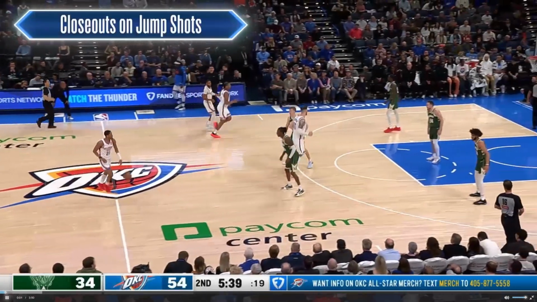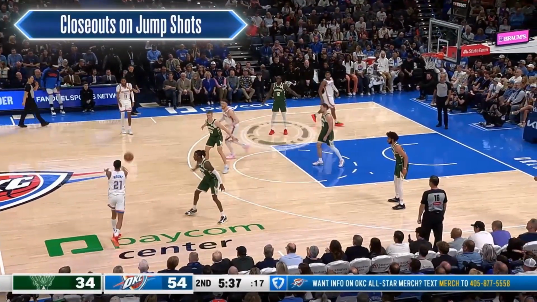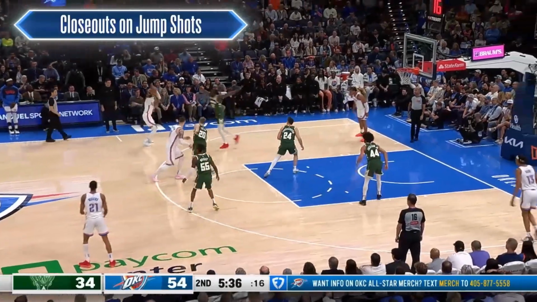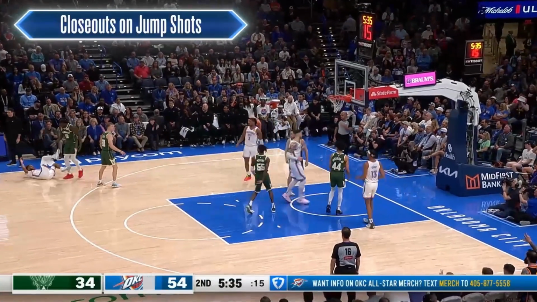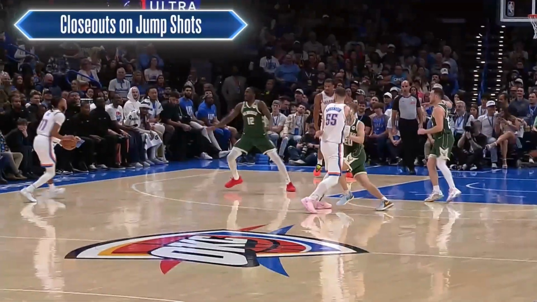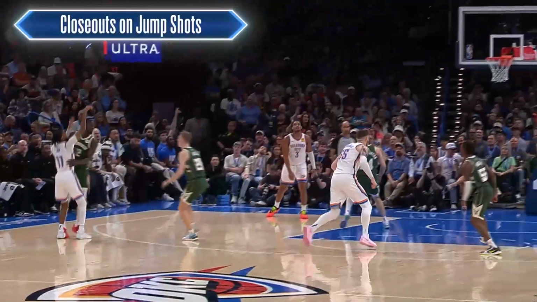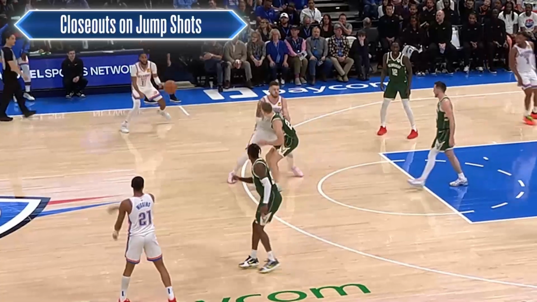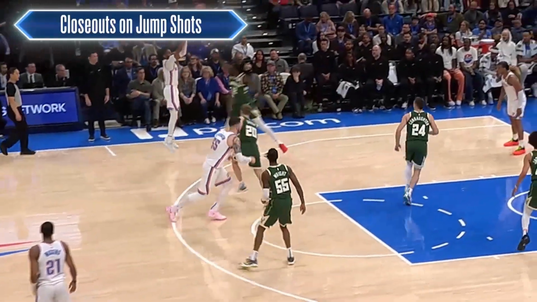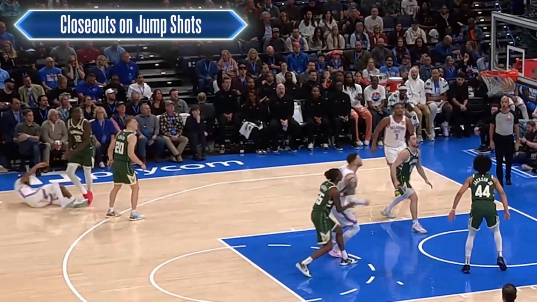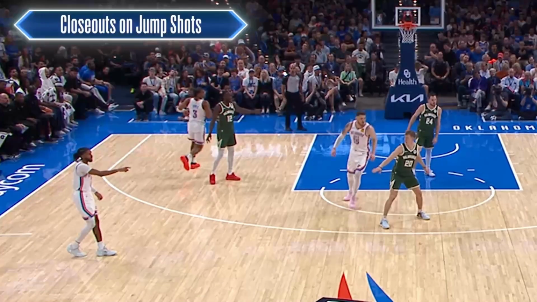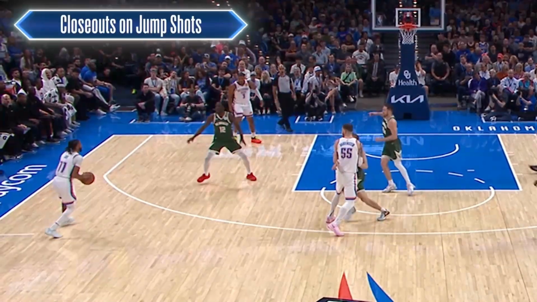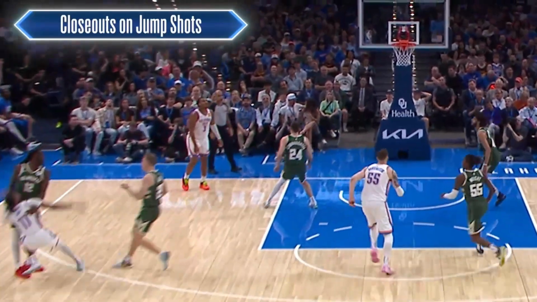The next point of education to review is closeouts on jump shots, and we will start with an example of a flagrant foul. The highlighted defensive player, Torian Prince, was assessed a flagrant foul penalty 1 for his reckless closeout on the shot attempt by the offensive player, Isaiah Joe. The replays show that Prince did not provide space for Joe to safely return to the floor. As the closeout was reckless and there is a clear potential for injury, this was correctly ruled a flagrant foul